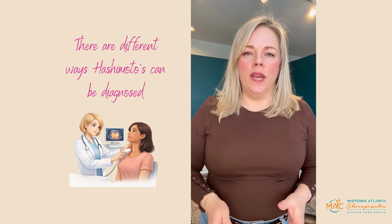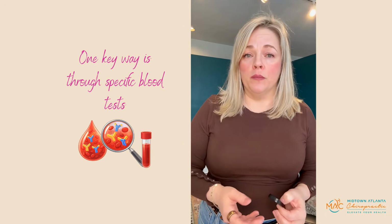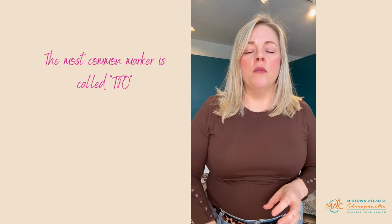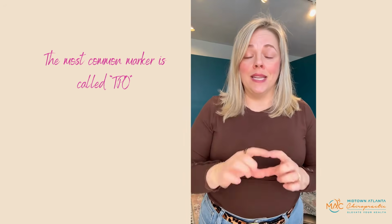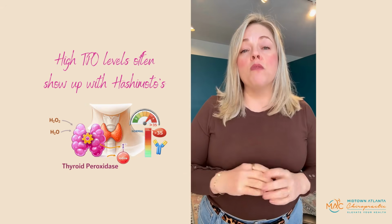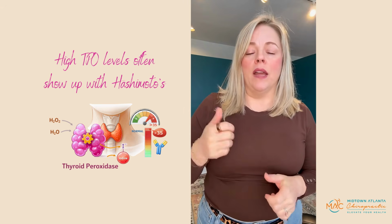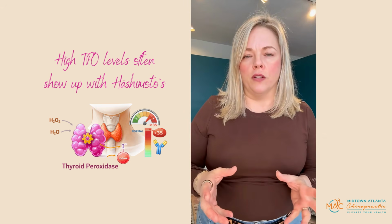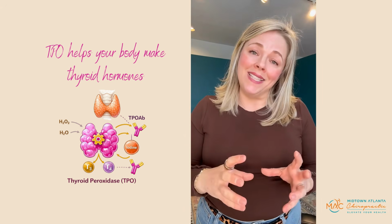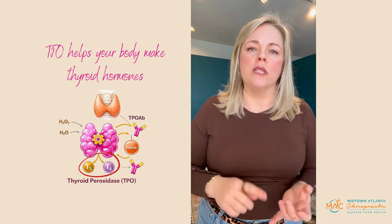There's a couple of different ways that Hashimoto's gets diagnosed. One of those ways is pulling specific antibodies that are common in your blood work. The most common one that you'll see is TPO, which stands for thyroid peroxidase. That is most common with Hashimoto's patients, and you're going to see that elevated above 35 or 34 on your lab work. Thyroid peroxidase is an enzyme that helps with the production of thyroid hormone T3 and